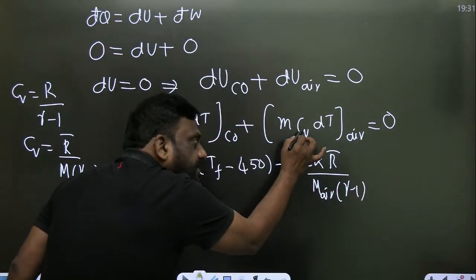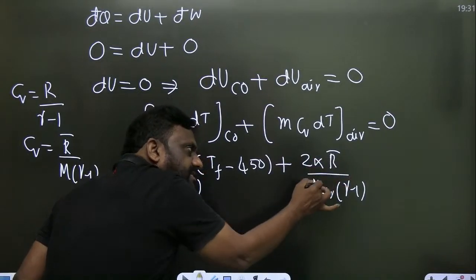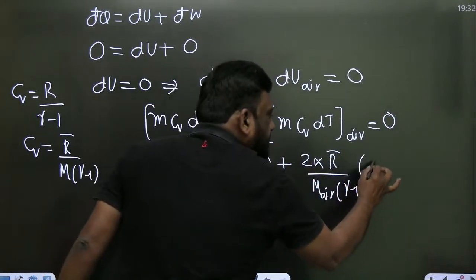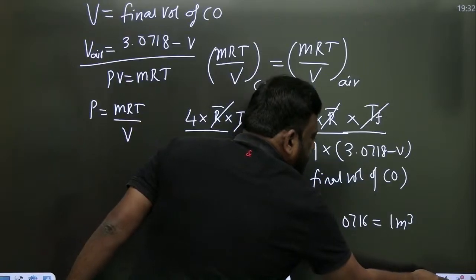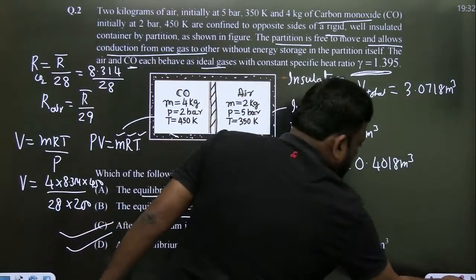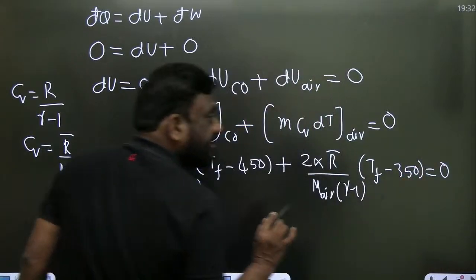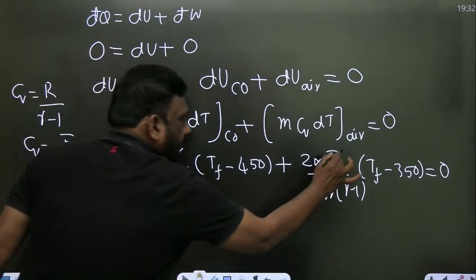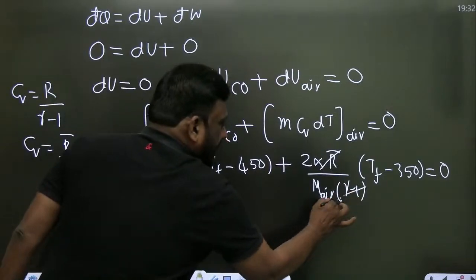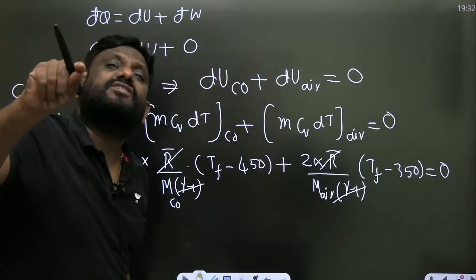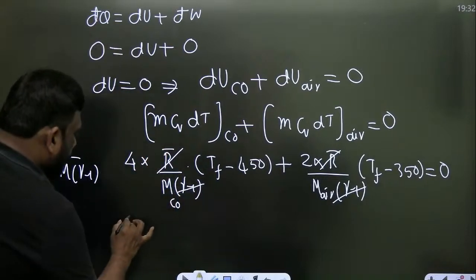I repeat, CV is R bar by molecular weight times gamma minus 1. What is the change in temperature? Final minus initial. What is the initial temperature of air, sir? 350. This should be equal to 0. See how intelligently I did this? R bar, R bar, gamma minus 1. Why? Because he said for both gamma is 1.395, so it is the same. So 4 into